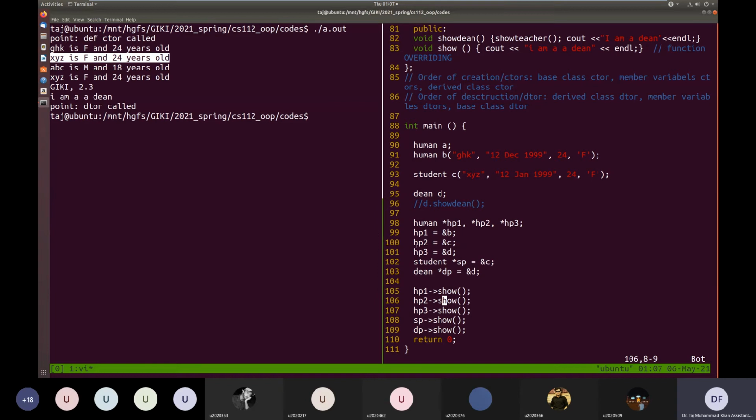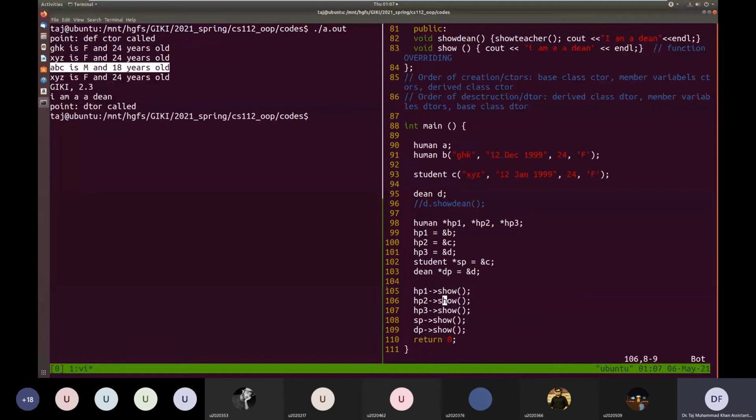Same for Dean. HP3 contains the address of the Dean object. When it calls show, it does not call the show function of the Dean object, rather it calls the show function of the human object inside the Dean object, because it is accessing it through a human pointer.